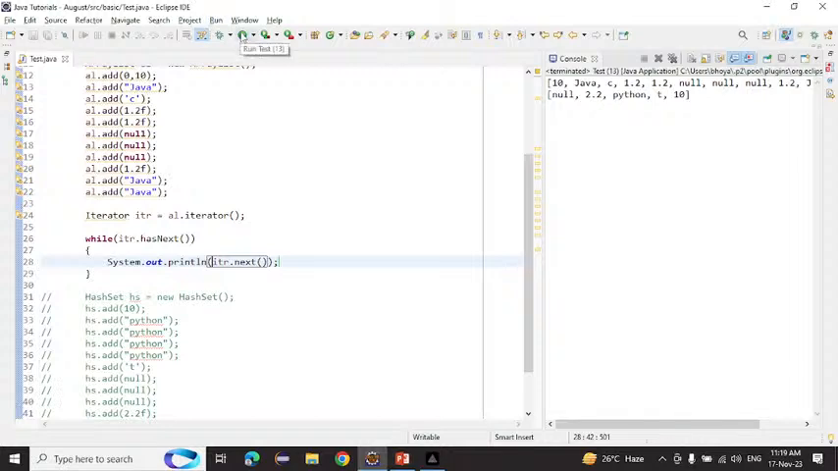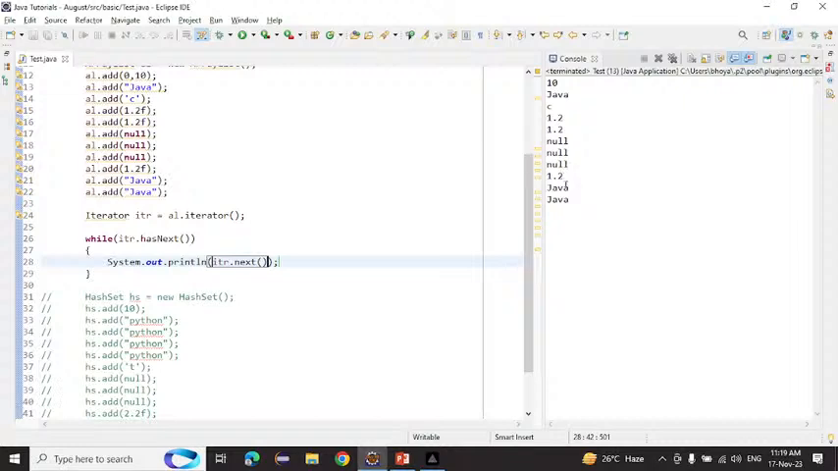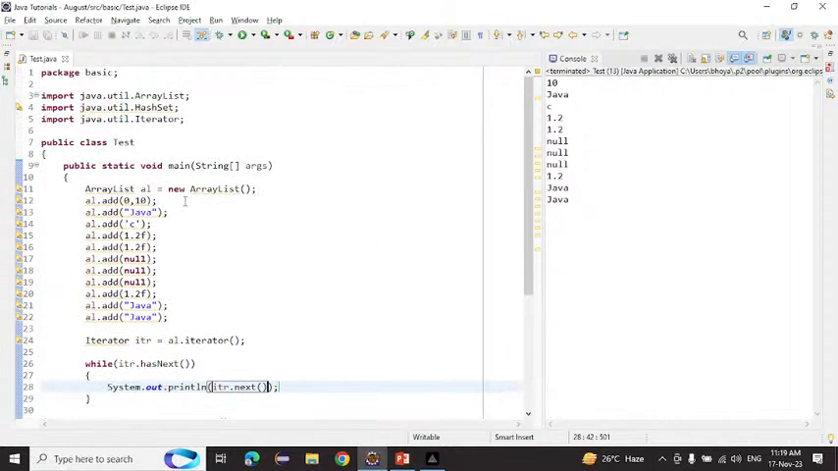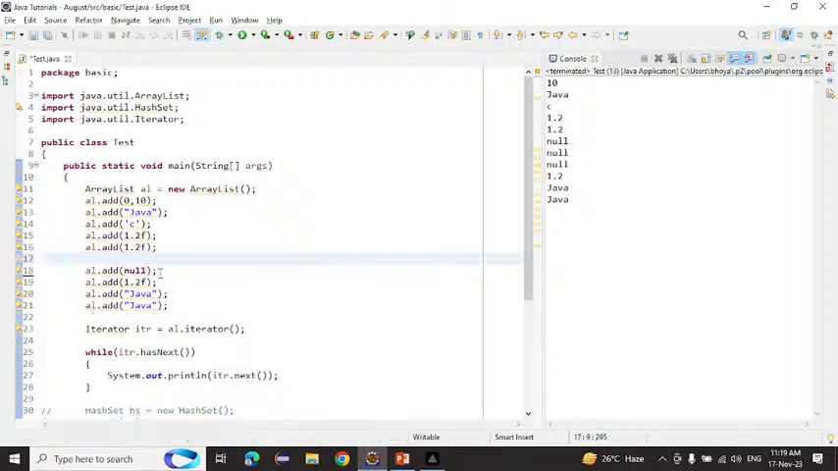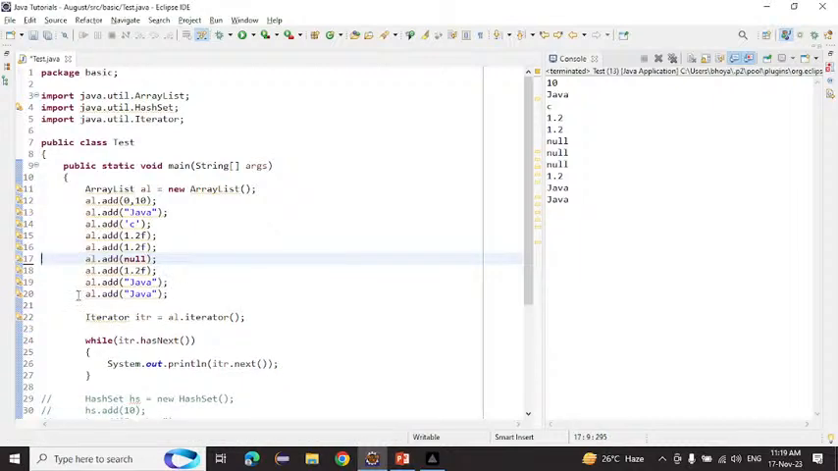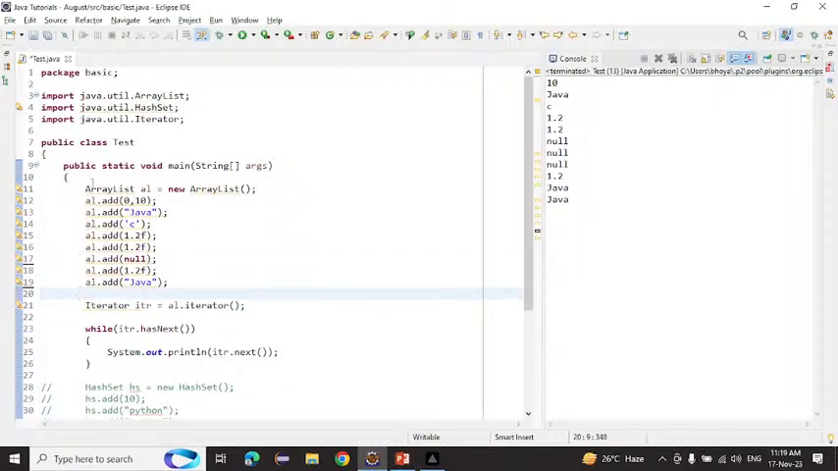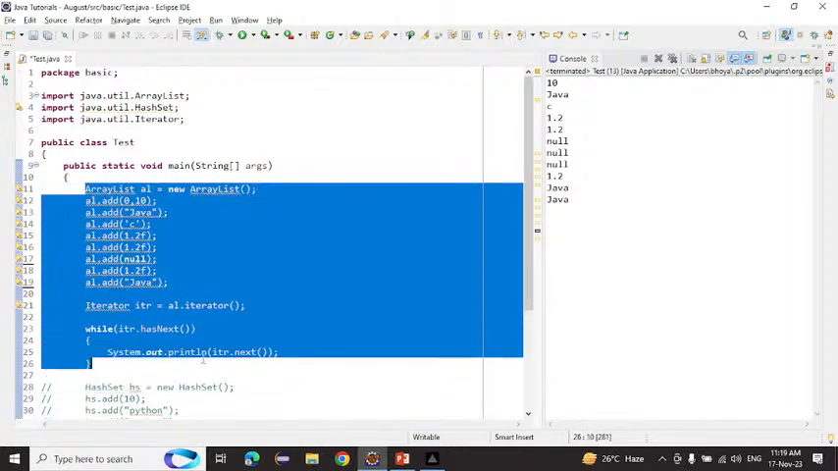See, 10, Java, C, 1.2, 1.2, all the things we are getting. How will we get that? For that we will reduce the values. And Java we also have this. Simply we will copy this thing. We will come into the